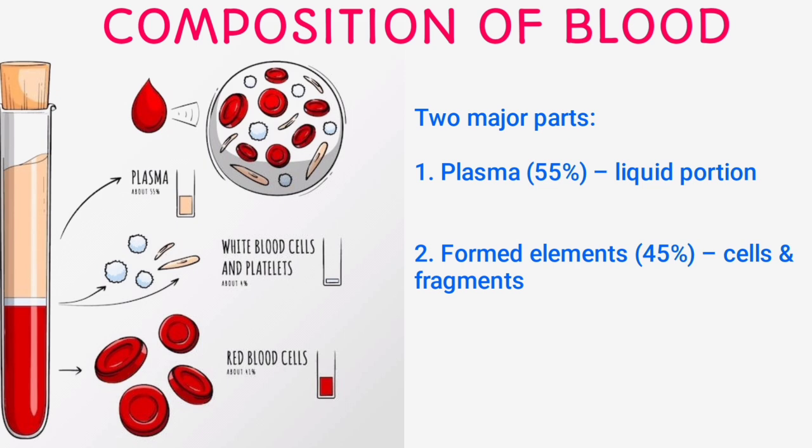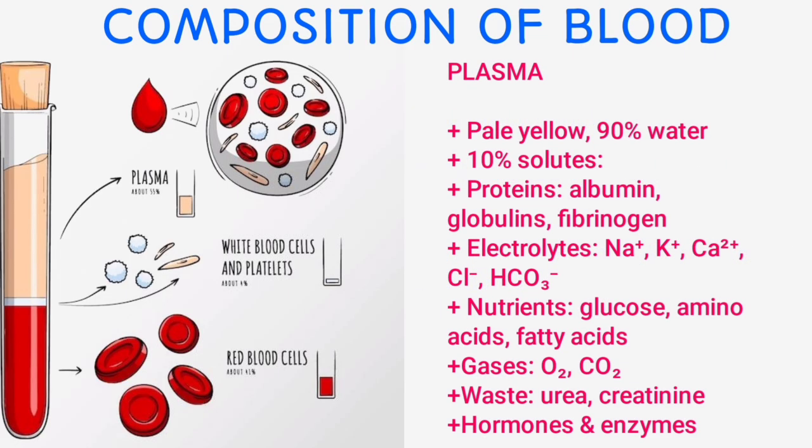Now let's break this down each at a time. Let's start with plasma. Plasma makes up about 55% of blood volume. It is a pale yellow fluid that serves as a transport medium for many substances. Plasma itself is about 90% water, and the remaining 10% consists of solutes such as proteins like albumin, globulins, and